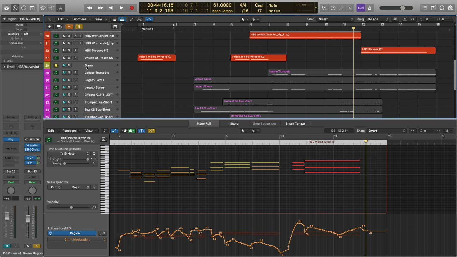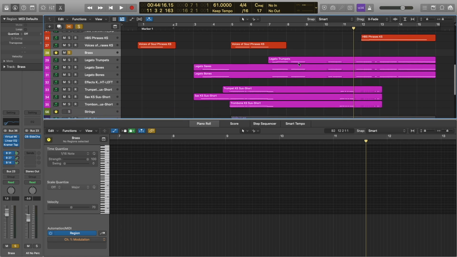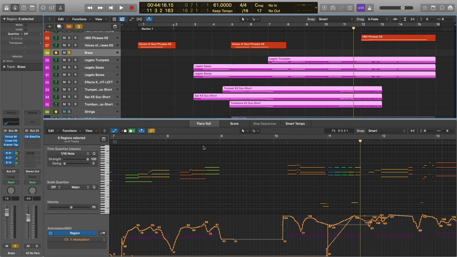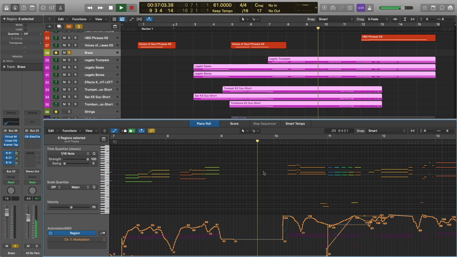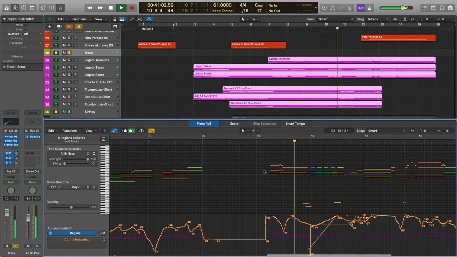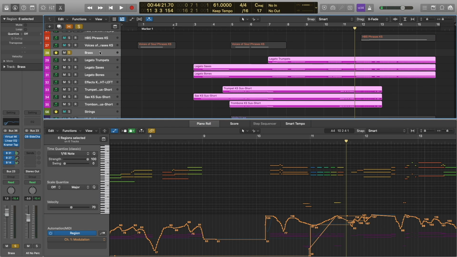And let's go ahead and check out what's happening in the brass. And we're going to go ahead and solo the brass by itself so that you can hear what it's doing.